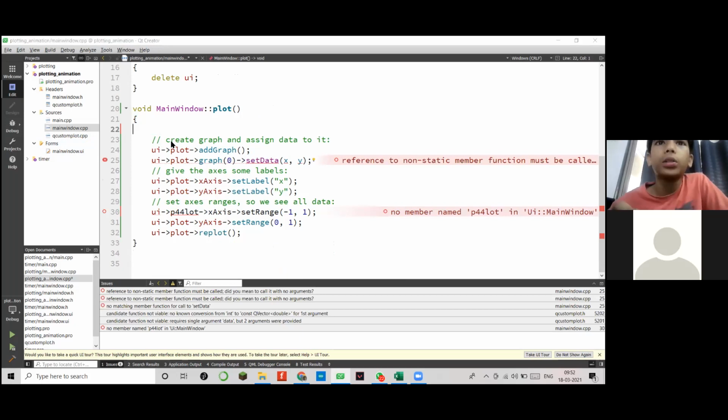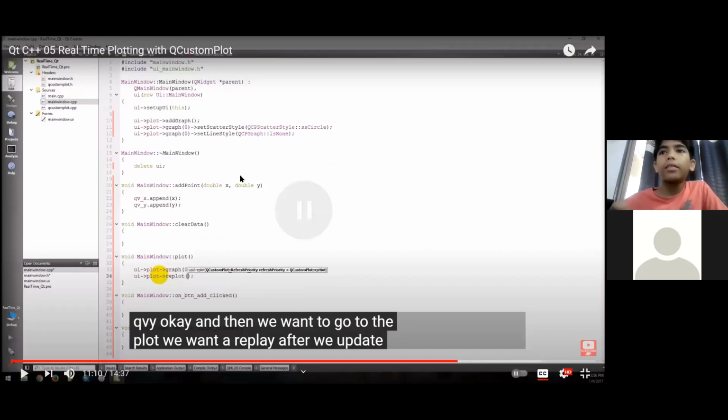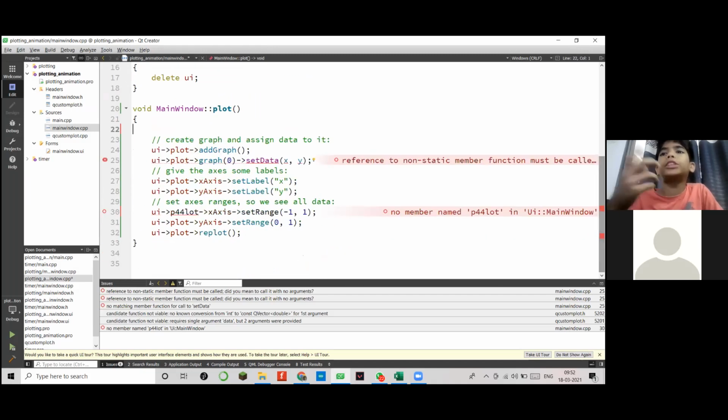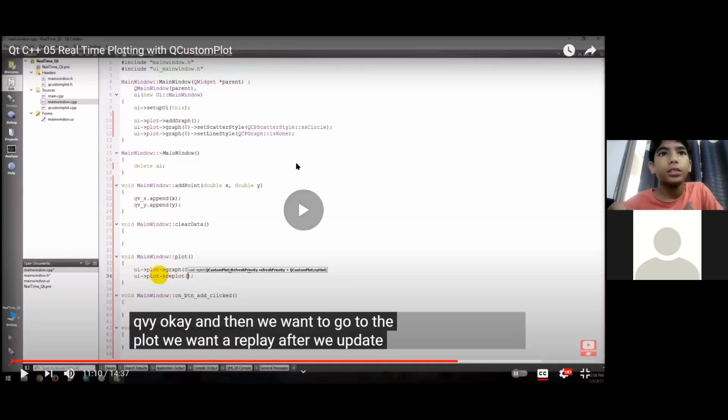So I'll just see how to do that. I have passed in this function to the timer. Now I just want to see how to change the value.